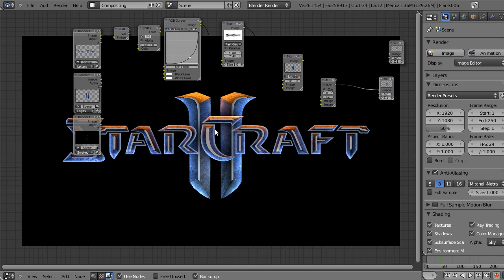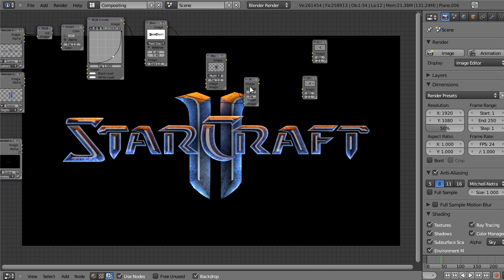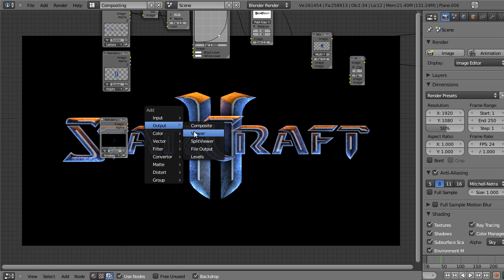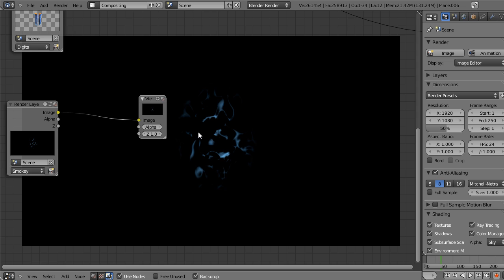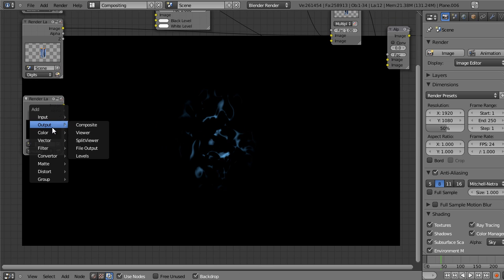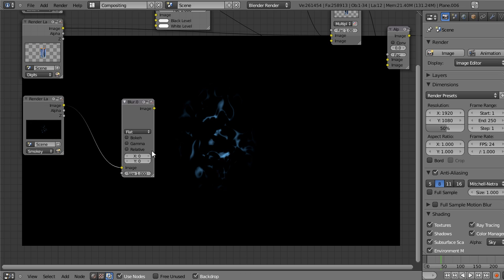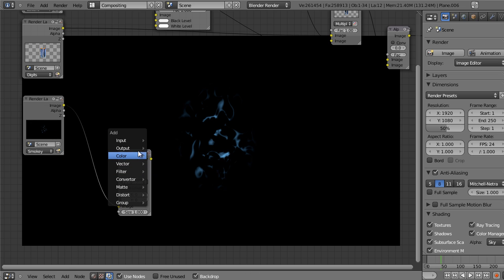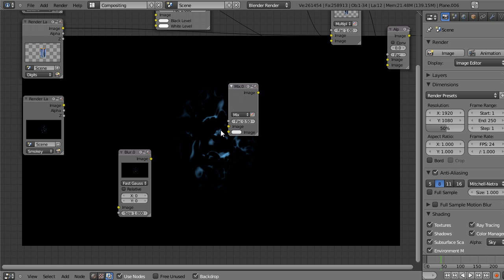Alright, so now what we're going to do is composite that with our smoky background layer. But before we do that, we want to apply a glow effect, okay? Because if we have a look at just that smoke there, it's not very good. It's just very boring looking smoke. So we're going to add a glow effect. So add a blur node, then a mix node, set the blend type to add,